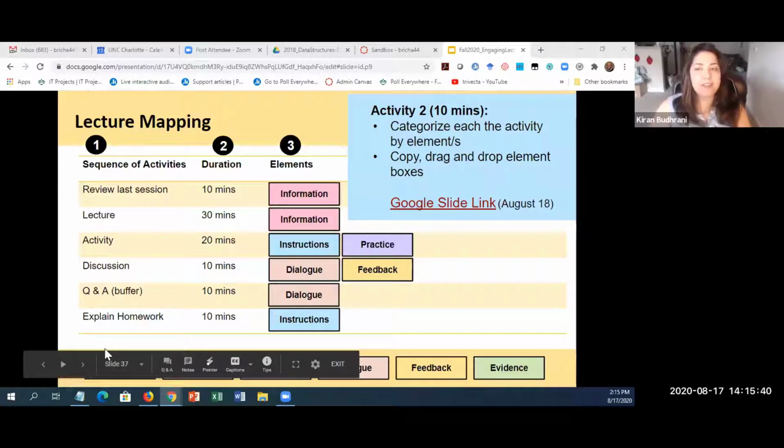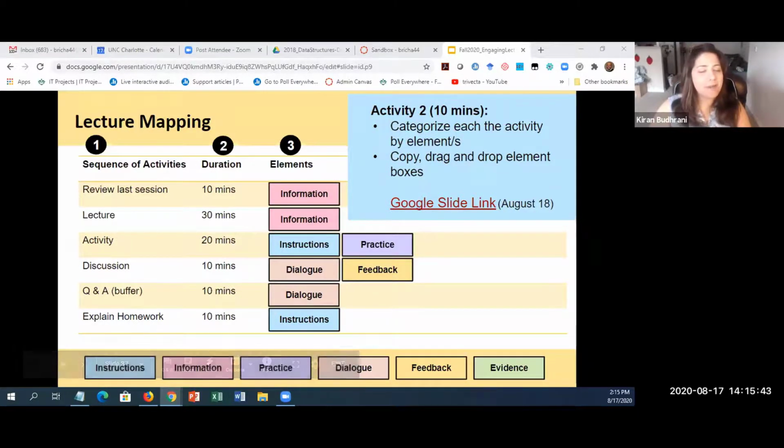Design patterns are something you might think are so common, like, I already do this, right? You might actually be doing it, but did you ever plan for it? Did you write it down and say, I've spent 20 minutes doing this, 10 minutes doing this, 5 minutes doing this? One of the reasons we have these patterns as a concept in learning design is because we want to be very intentional, and also build consistency throughout lectures so students know what to expect.